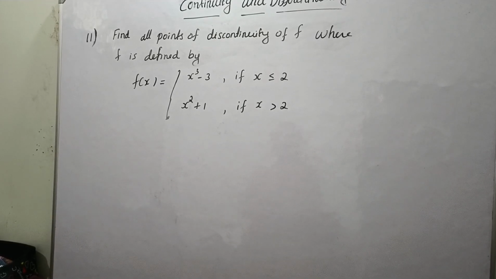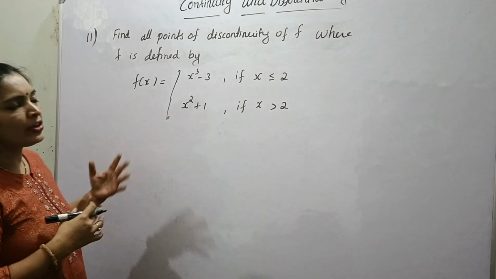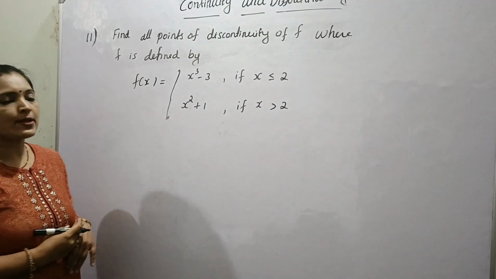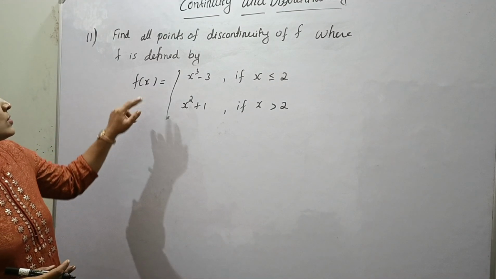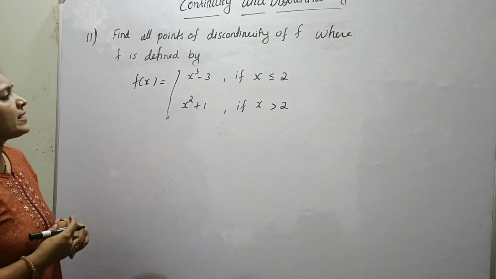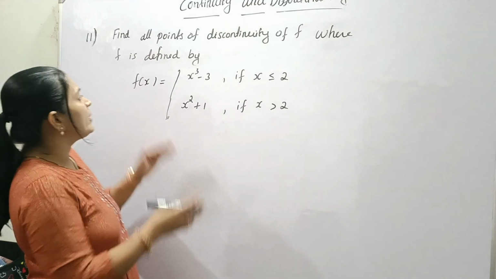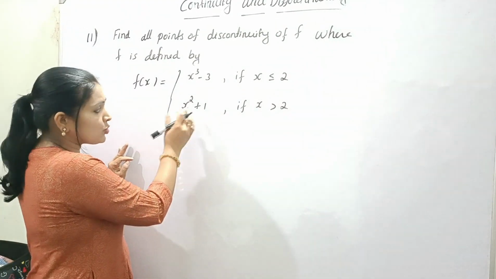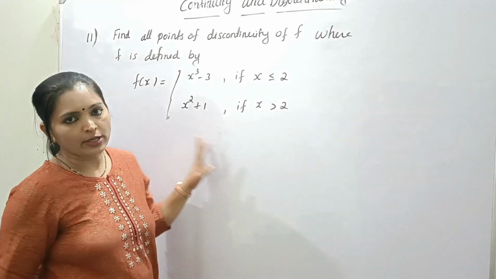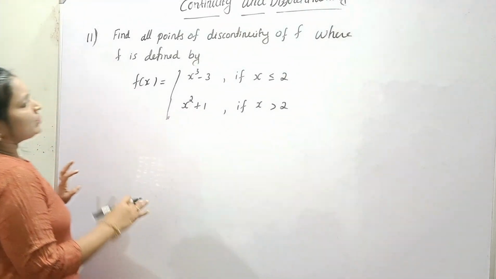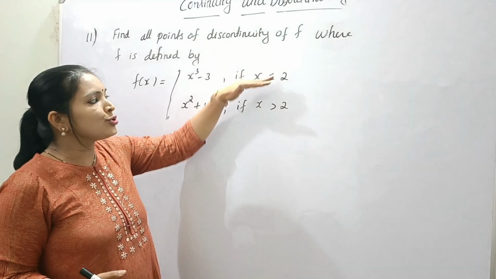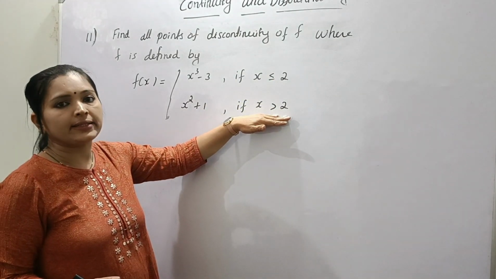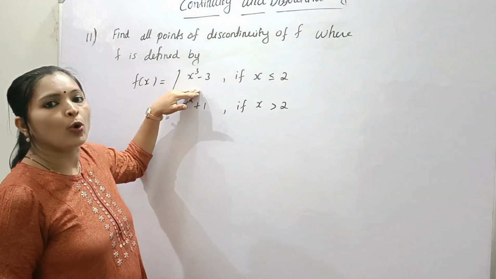Here also we have to find at what point the given function is discontinuous. So here also all are similar questions, right? So f of x is equal to x cube minus 3 if x less than or equal to 2. f of x is equal to x square plus 1 if x greater than 2. So here also we can say for x less than 2 and x greater than 2, the function is polynomial